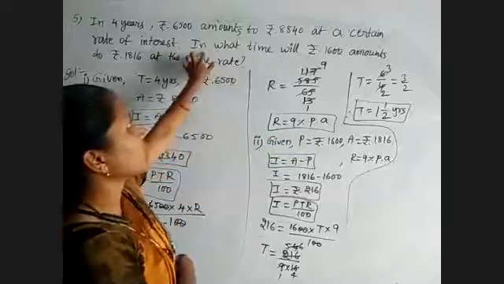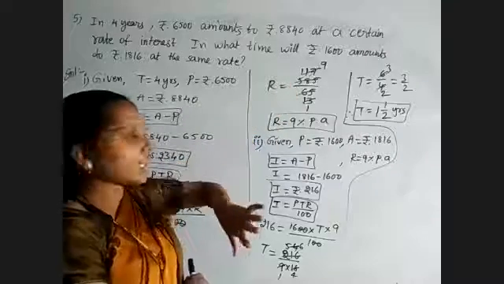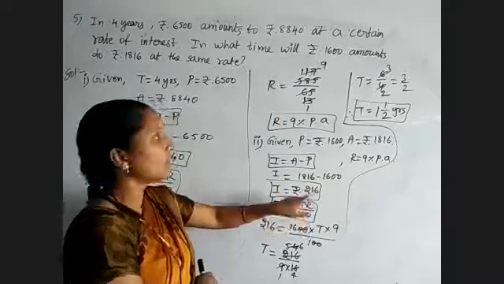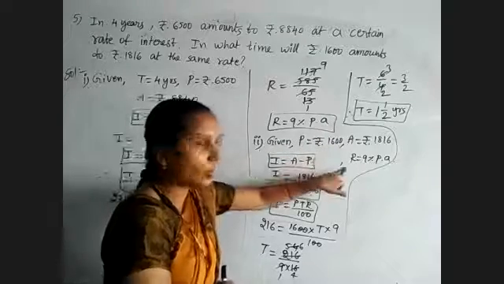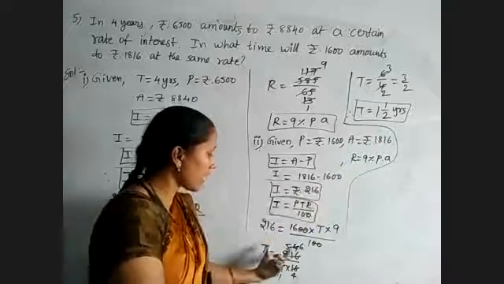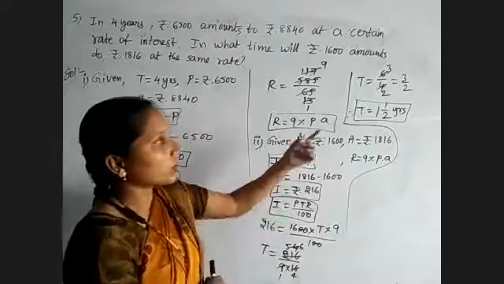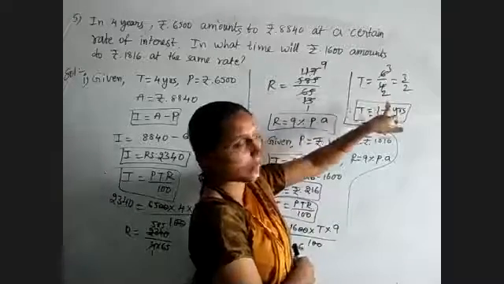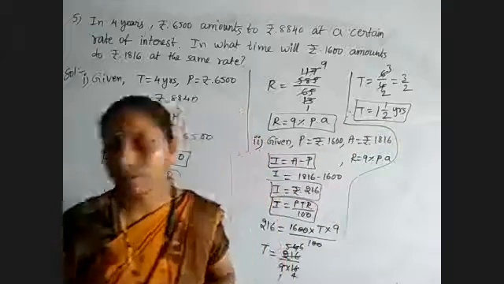And for the second question, in what time, meaning T, they are asking. So when T they are asking, we must know about I, P and R. Principal and amount are given so that we will get the I value. R value also is there. So I, P, R, these three values are there. We can find out the T value by using the formula I equal to PTR by 100. By doing so, we got 3 by 2. 3 by 2 is an improper fraction, converting to mixed fraction. So we will get 1.5 years.